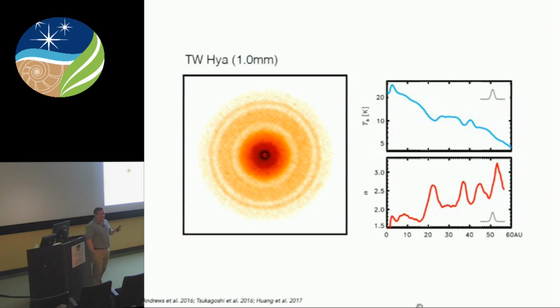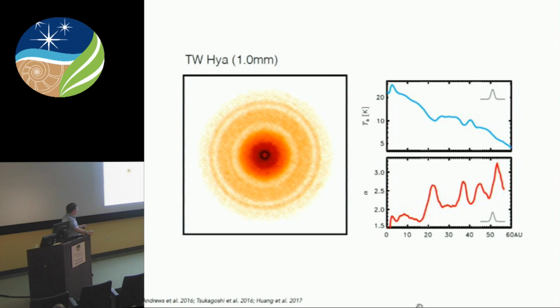And the reason is it's only 50-some parsecs away from us. So it's the same angular resolution as the HL Tau data, but it's much closer. So we have an advantage. So this is sort of an AU scale resolution. You see these gaps. And what's new is this plot. This is being worked on by my graduate student, Jane Huang. So the brightness temperatures here are a little lower than we'd expect, but not dramatic, within a factor of 2 of what we'd expect. And this is 2, right?